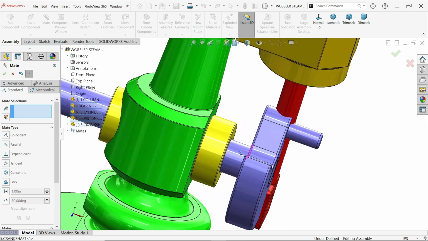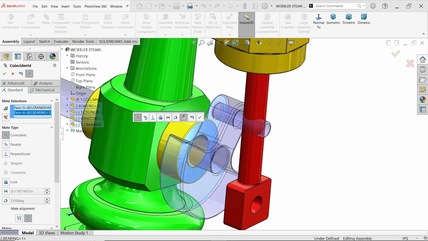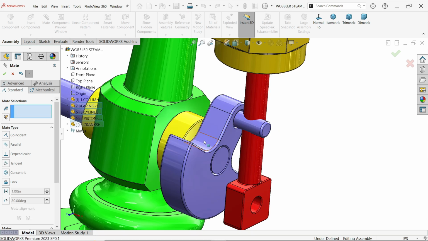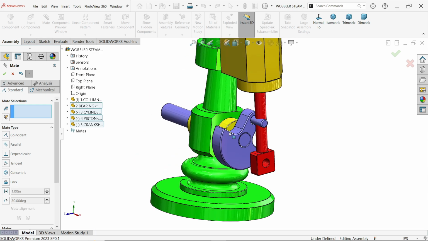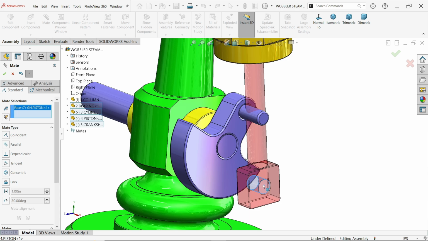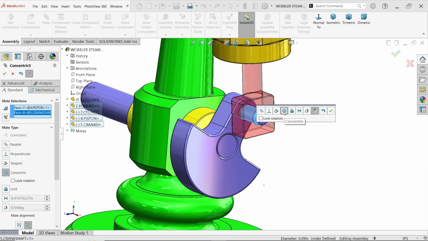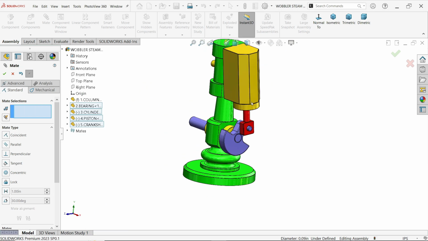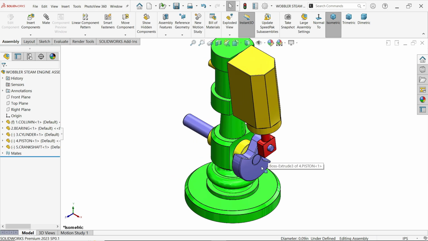Now important relation, select this face and bearing face, and a coincident relation is going to be created between these two. Okay, let me rotate. Okay, let's select the hole of this piston and this face, concentric relation. Okay, now let me rotate this component and we will get an idea how it is going to work. See,